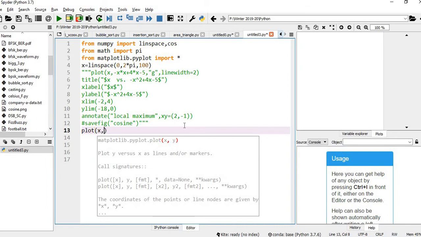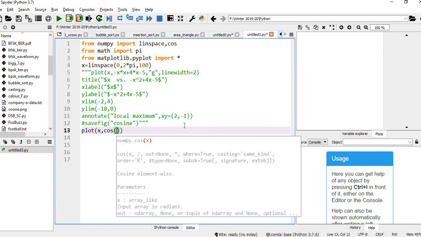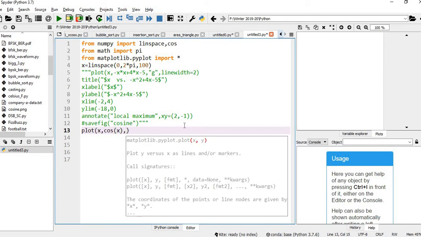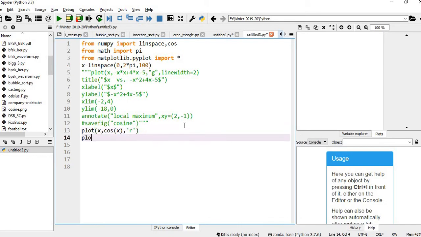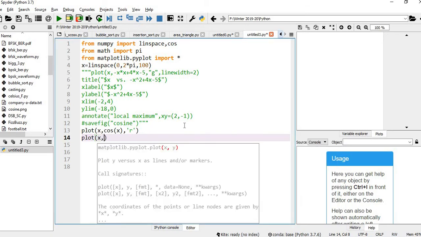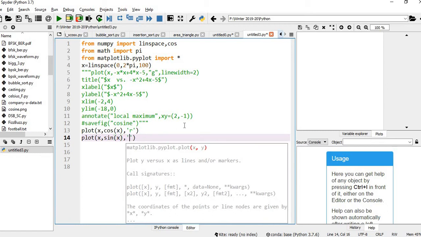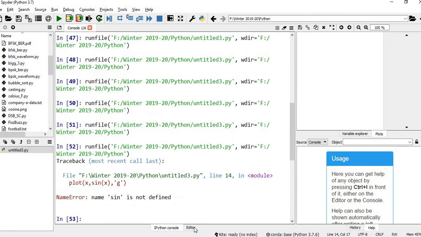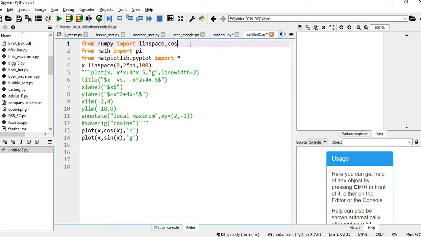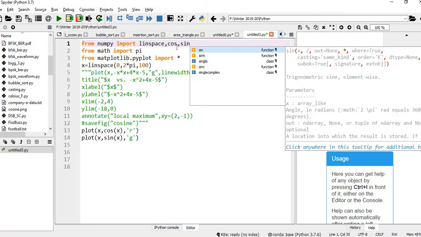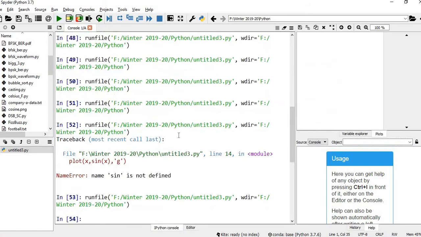So x comma cosine of x, with red color. Then the next plot, x comma sine of x, with green color. Execute. Sine is not defined, so let me import sine.